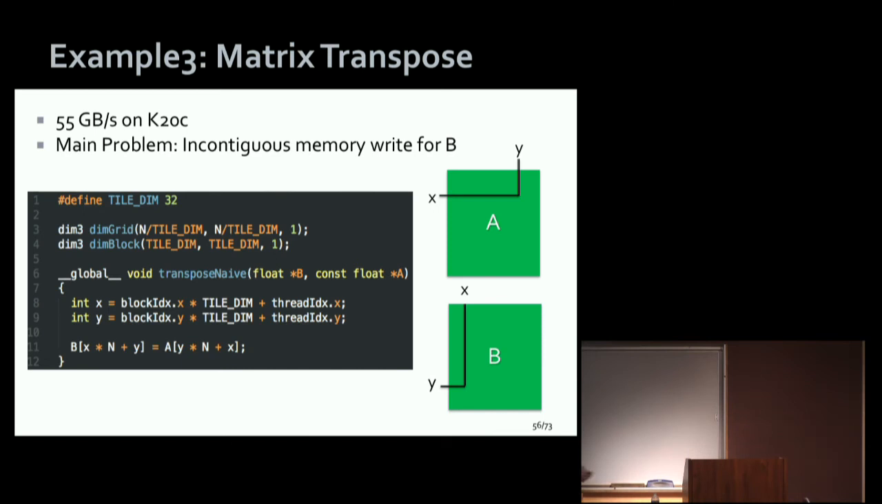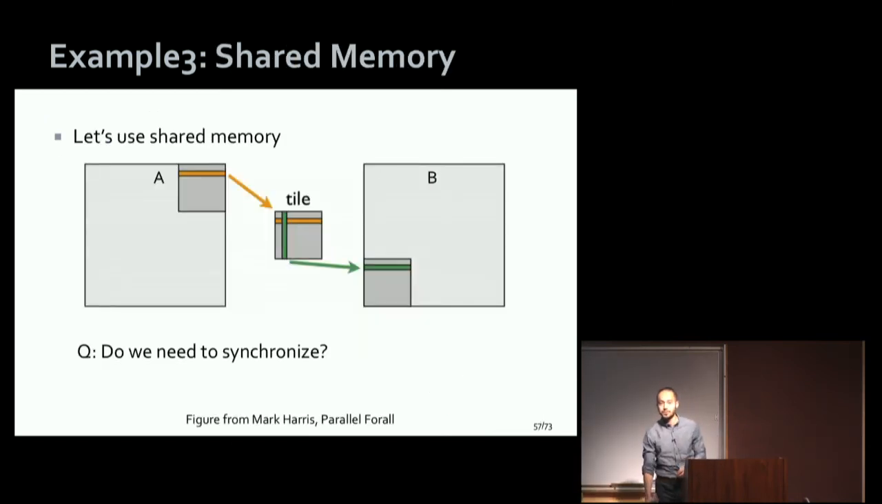Now let's do the blocking version. And I can actually use shared memory for blocking. So how does this work? I can read the right corner of A. Every thread will read it. It will put it in a shared memory called tile. Then I will write the transpose part of this tile back to the global memory. And this will be much